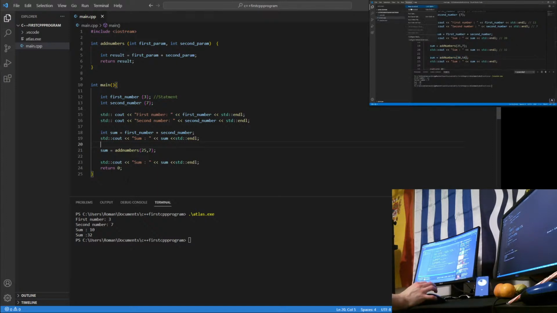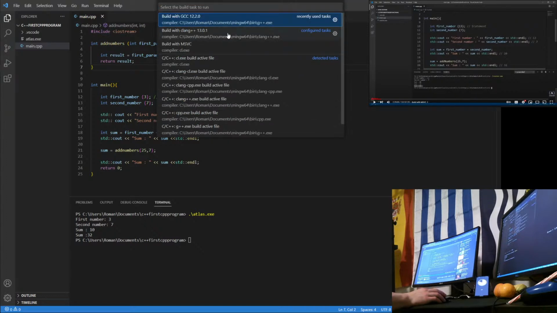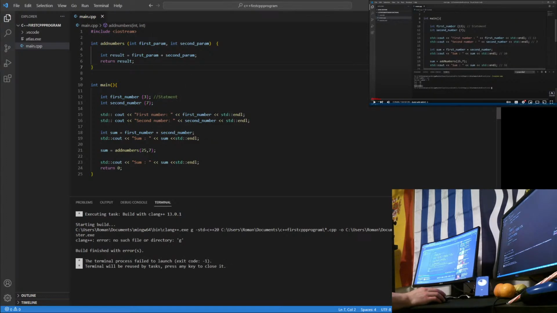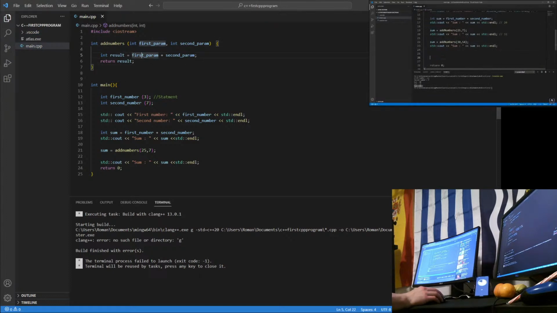32 here. Let's build. We're going to run the task to build with GCC. We're going to click on the terminal here and hit enter. Let's clear so that we don't have things disturbing us, and we're going to run our program, and we have our trusty 84 here. I really hope this makes sense. And as a bonus, I'm going to show you that you can also call things in